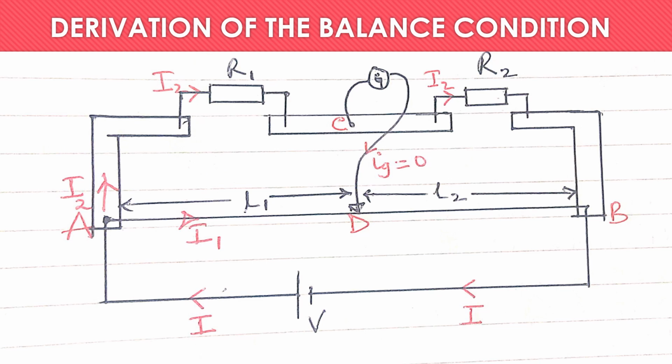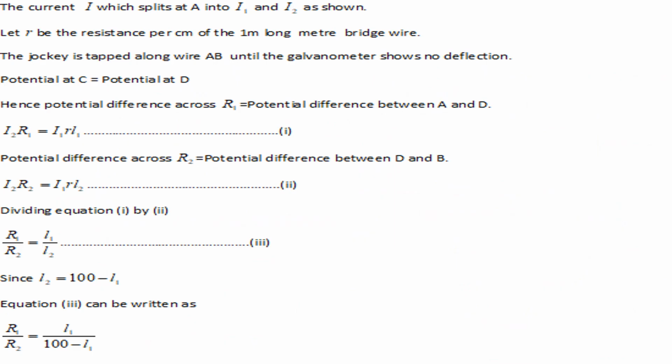On the other hand, if we multiply current I1 by small r times L2, we get the total PD from point D to point B, and that PD is equal to I2 times R2. So using those equations, we will be able to determine the balance condition. Those equations are what you see on the screen. Most of this I have already explained. So once you have the equations,